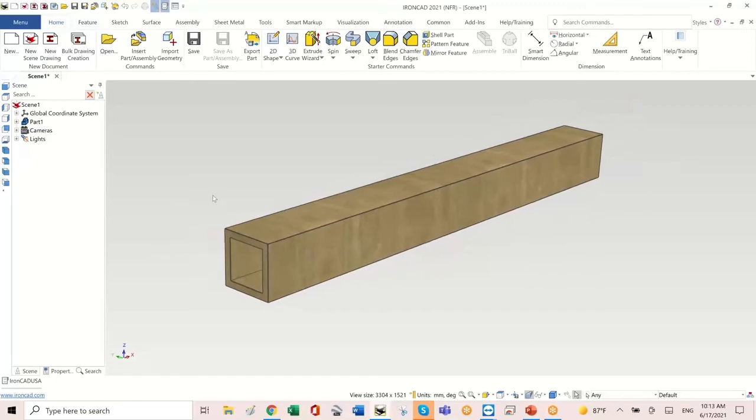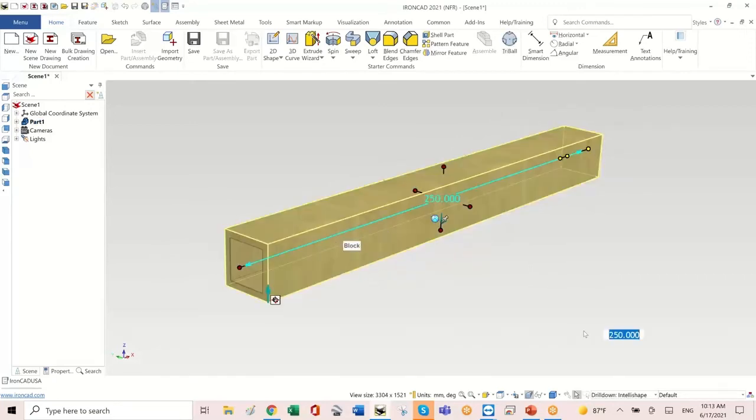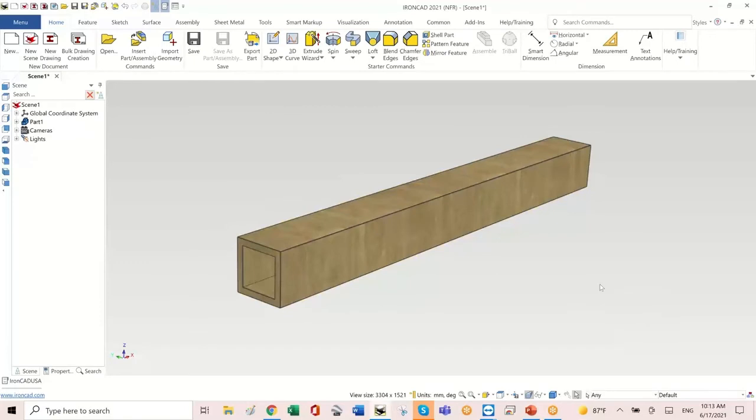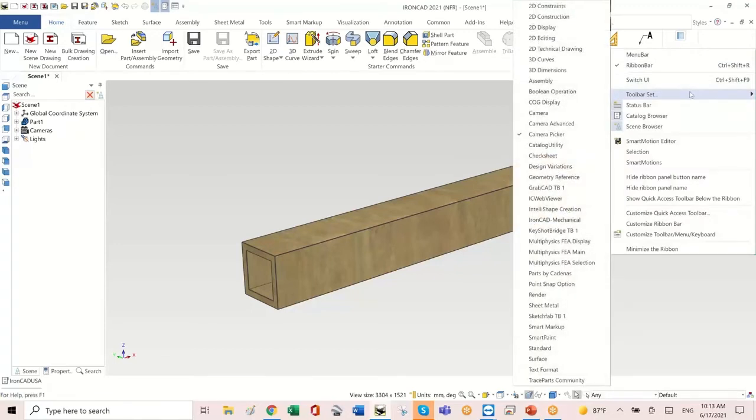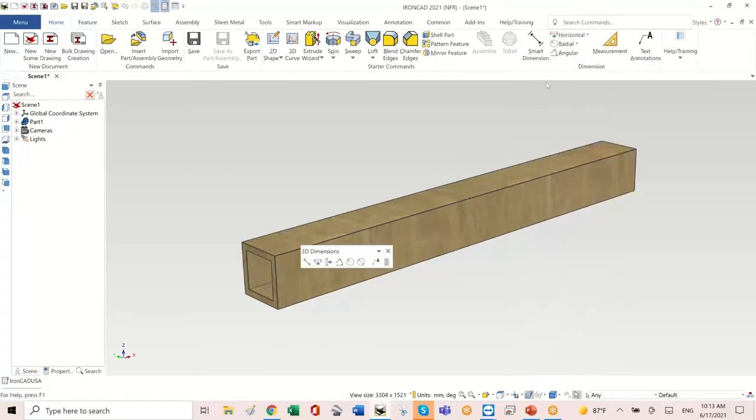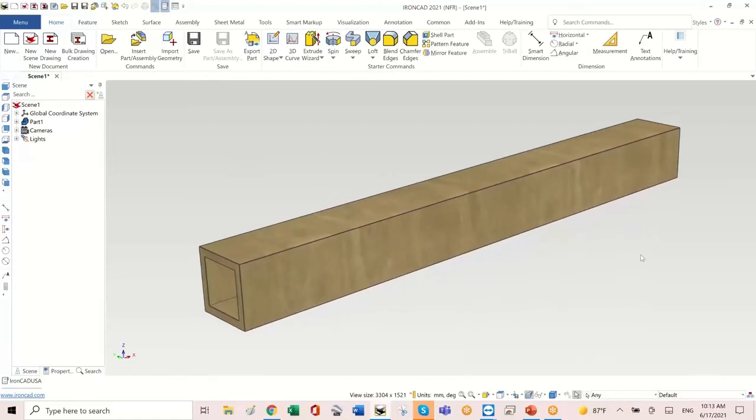The other thing that people ask a lot is they say, well, what if I want to see the dimensions on here? What if I just want to see it? Well, they're available as well. So I'm going to go grab the 3D dimensions, and I'm going to hold the right and push them all the way over here. So as you can see, what I've done is I'm still keeping this massive space for